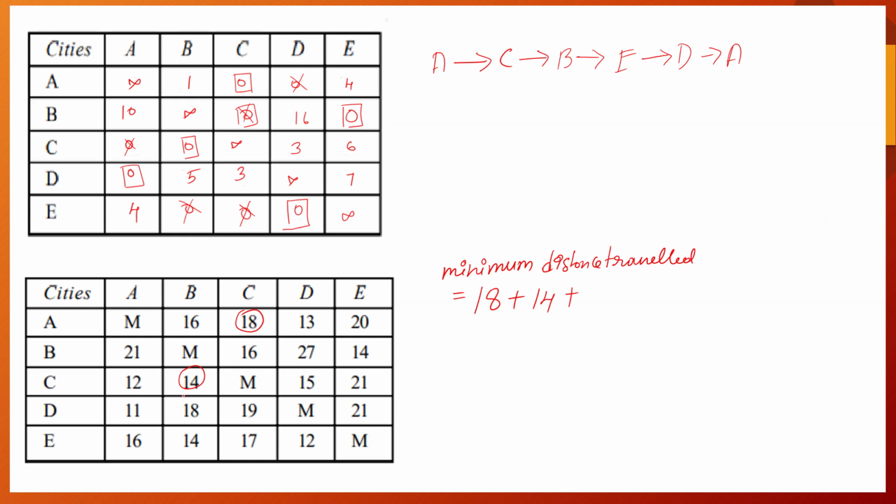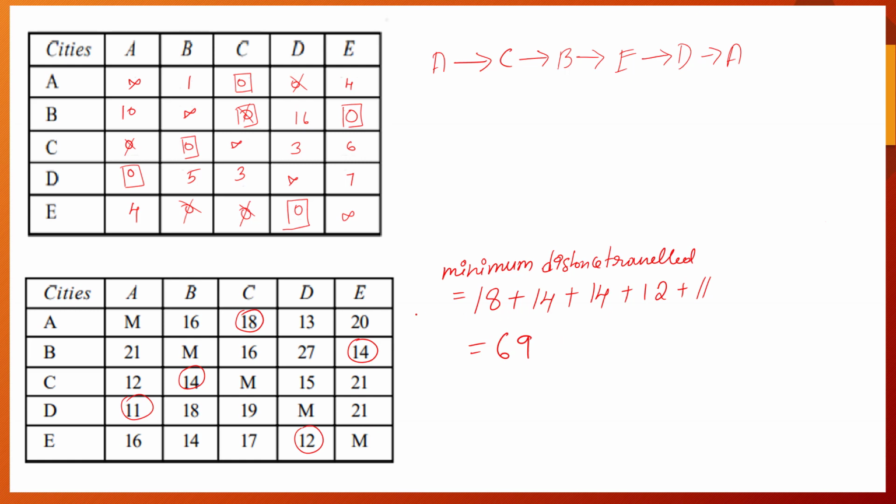Then again from B to E, it is 14, and then next is E to D. So E to D it is 12. Then D to A it is 11. So the total minimum distance traveled is